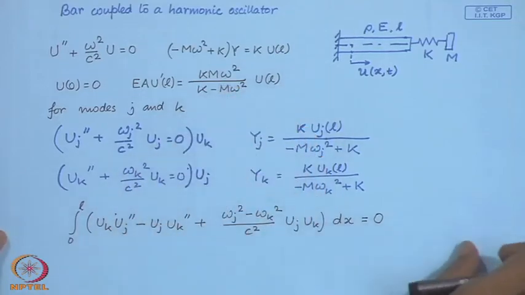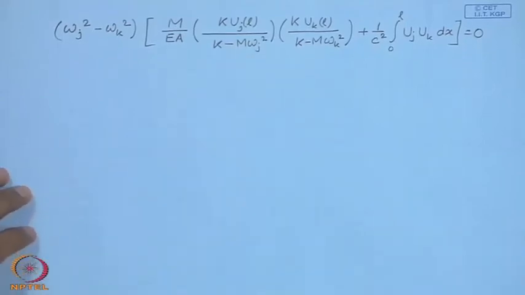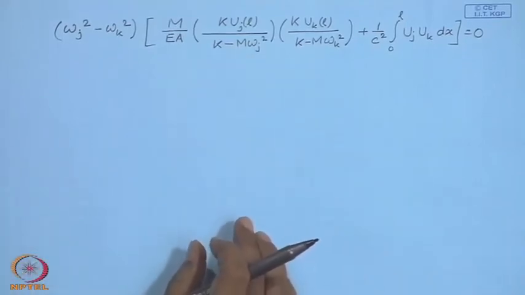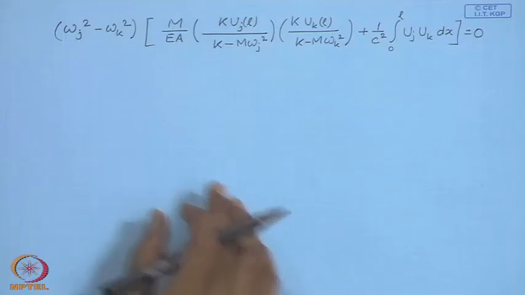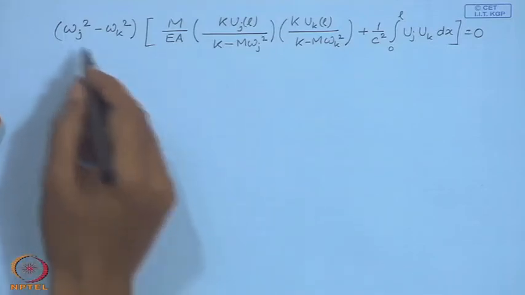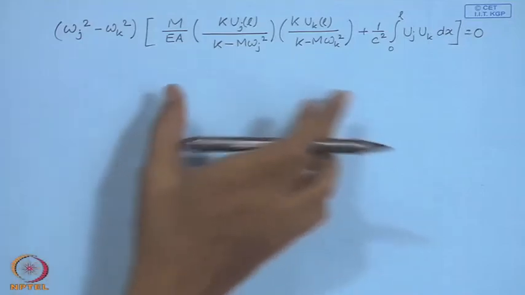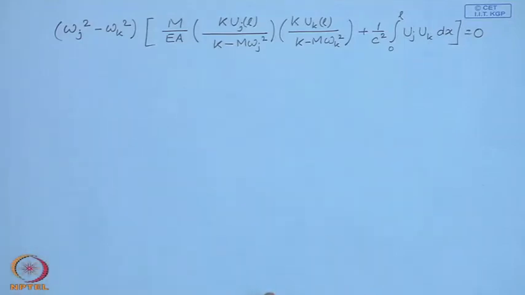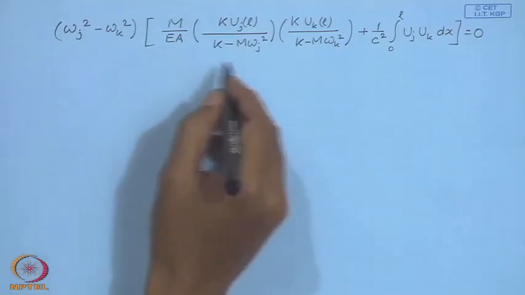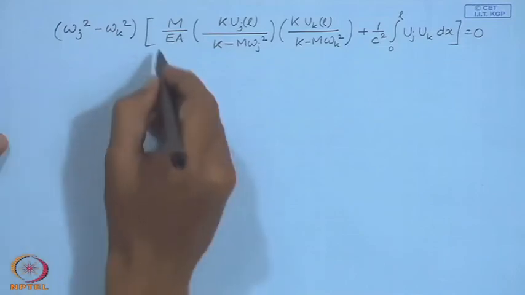Once you use that, you will ultimately come to this expression. Now, when j is not equal to k, and considering that omega j is not equal to omega k, there are no repeated eigenfrequencies, then this bracketed quantity must vanish, and this, if you check, can be written as